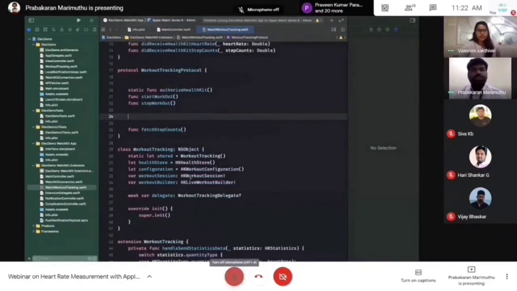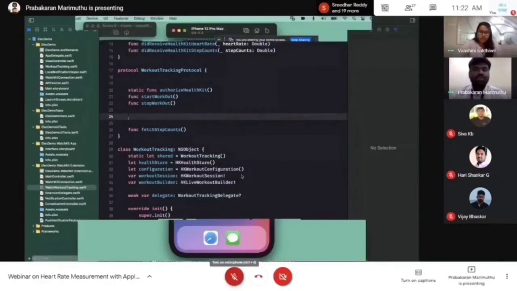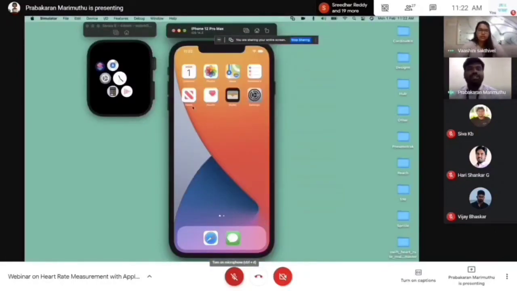Okay, so this is a simple application that uses HealthKit developer APIs to fetch your heart rate from the Apple Watch, and it automatically syncs your data to the Health app, where you can manipulate your health data. It's a simple Apple Watch and iOS app, a combination of the Apple Watch and the iPhone app.